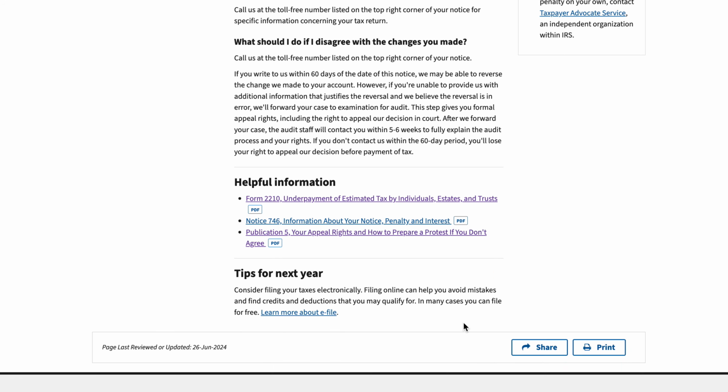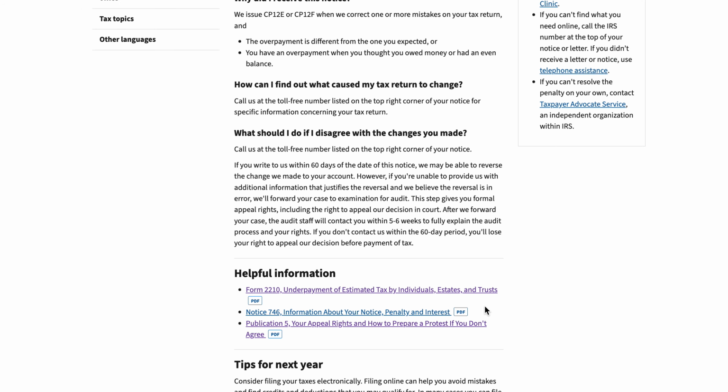Most people would probably just appreciate the fact that they're getting money back and move about their day. But if you do disagree, you do have 60 days from the date of the notice to make any recommended changes, to give your feedback to the IRS, to request an audit,